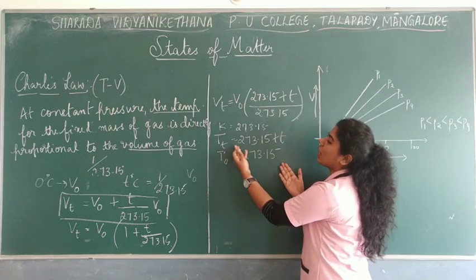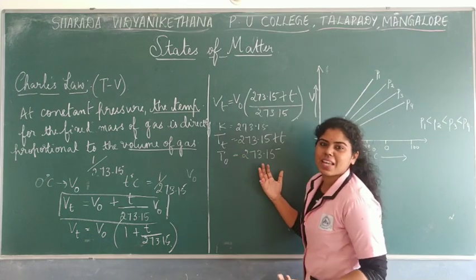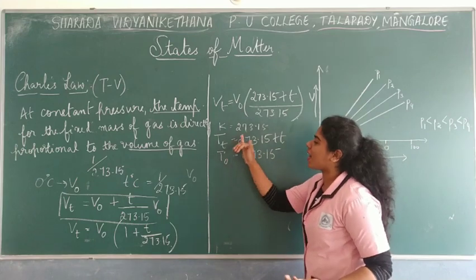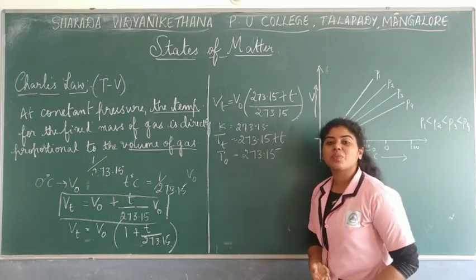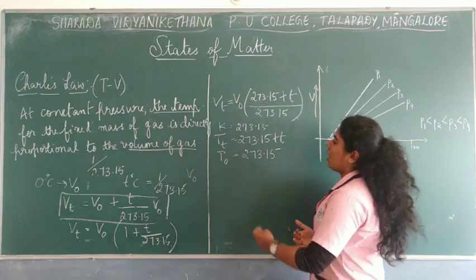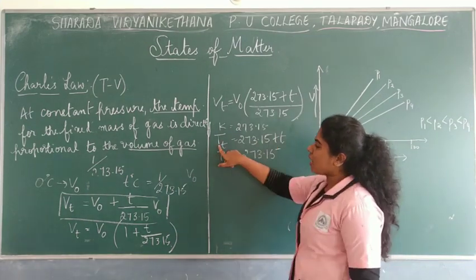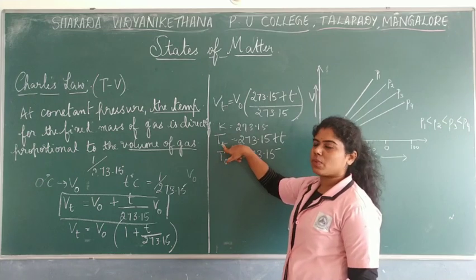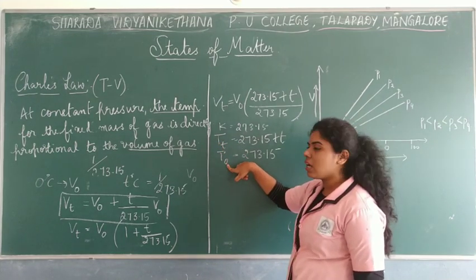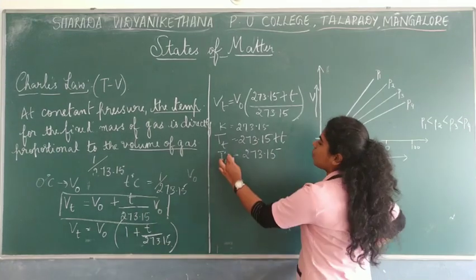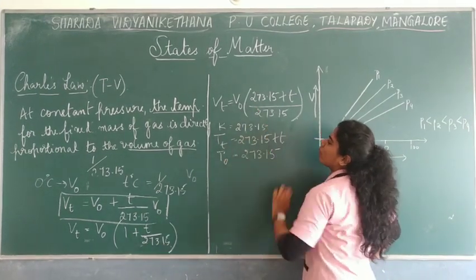If you have to convert 5 degrees Celsius into Kelvin scale, what do you do? You put it as 5 plus 273.15, right? So this is how you convert them into Kelvin scale. So if I denote it as T of T, which means that it is the final temperature, and this is the initial temperature, right? So let me substitute these two values over here.